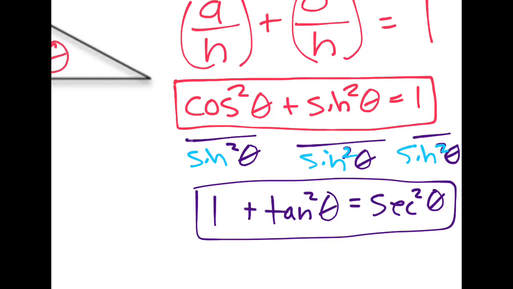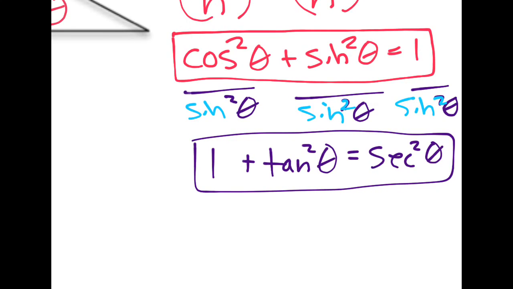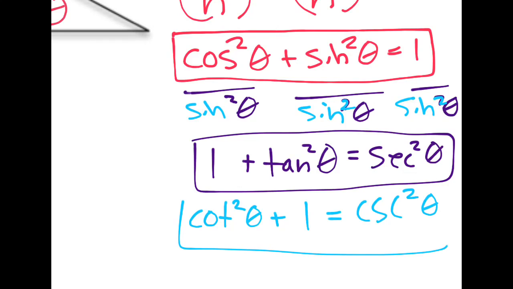Well, then I have cosine squared theta over sine squared theta is tangent, lies, I'm a liar, is cotangent squared theta, plus sine squared theta over sine squared theta is 1, equals 1 over sine squared theta is cosecant squared theta. And so now I have the third Pythagorean identity,